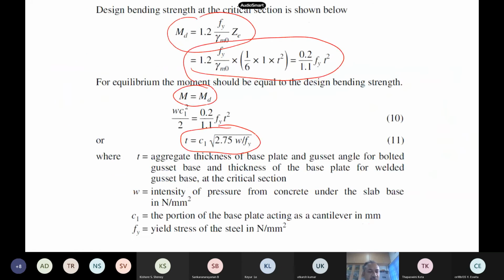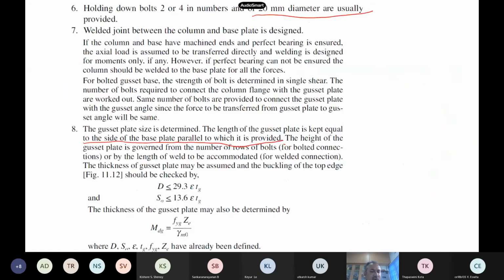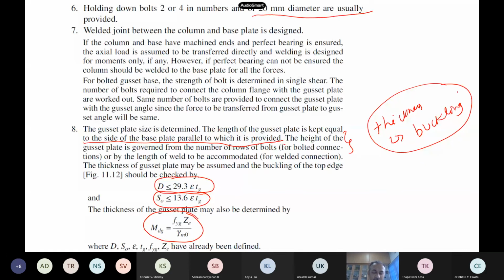So for that you see the design conditions, and because the gusset plate is very, very thin, these are the things. Depth of the gusset plate and the thickness, from the buckling criteria, D should be this one, then S0 should be this one. So we do this tapering also, and the thickness of the gusset plate you estimate from the bending moment capacity. So this is how we have to design. The size, the length, everything is fine, but the thickness of the gusset plate comes from buckling criteria and the moment capacity. So you can find out the gusset plate thickness also.